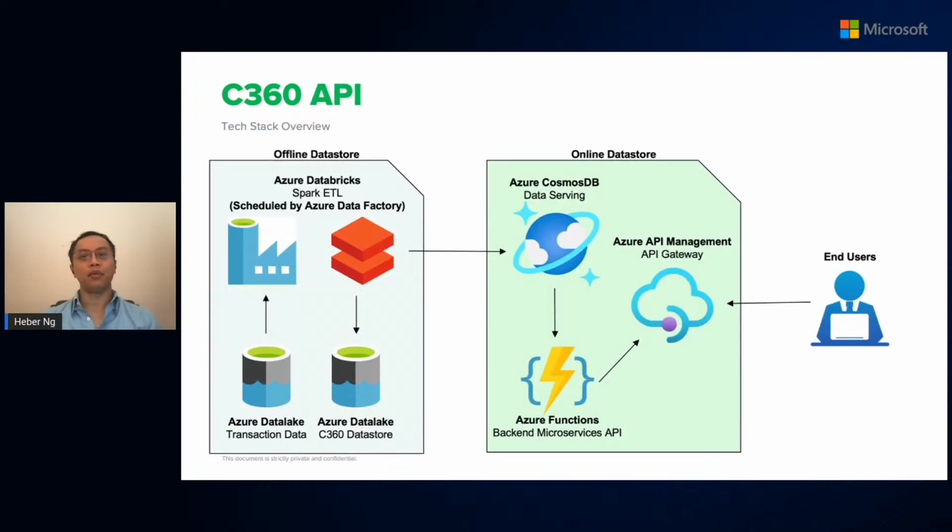All the analytical workloads that were mentioned previously are what we consider offline use cases and are not really time sensitive. But to provide data points to the online use cases, we clearly need an API infrastructure from which we can retrieve individual customer data on demand. So this is where the C360 API comes in. We created a series of API endpoints in order to retrieve data of consumers, drivers, and merchants using Azure API Management and Function App services. For the backend database, we have chosen to use Cosmos DB.